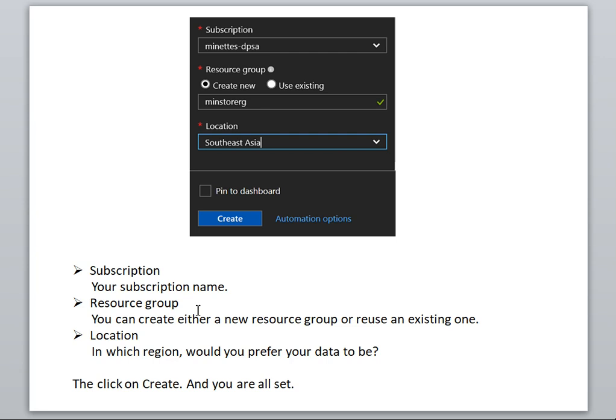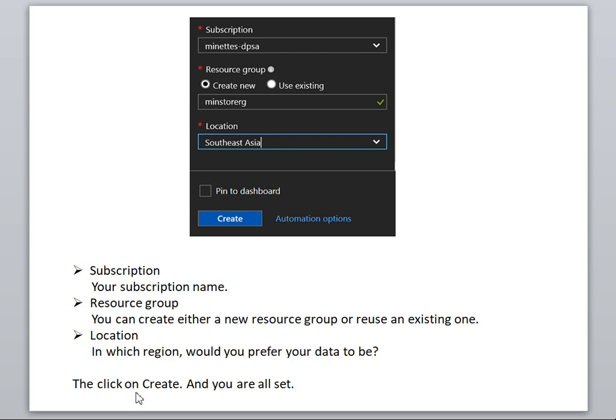I have described the resource group, region, location, and everything. I have also described the location, which is the region in which you prefer your data to be. Basically you are in Asia Pacific, so you can choose the nearest data center. These are things I have already discussed in a previous session. You can go and watch.